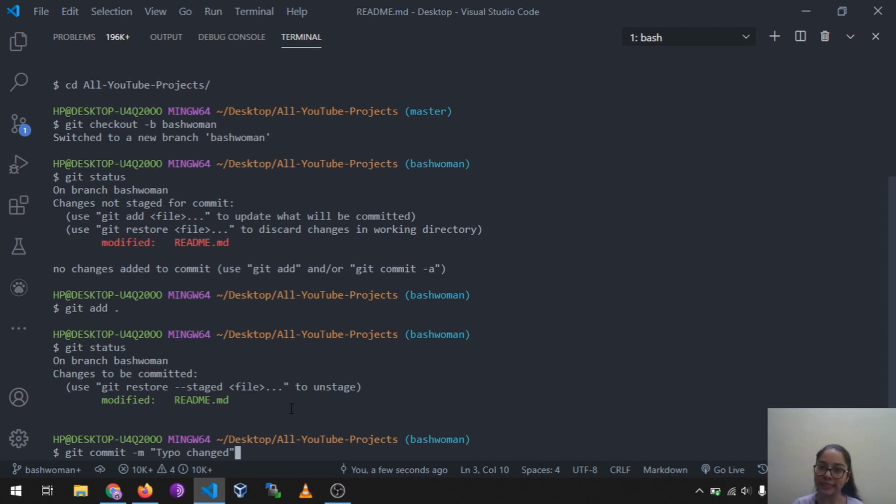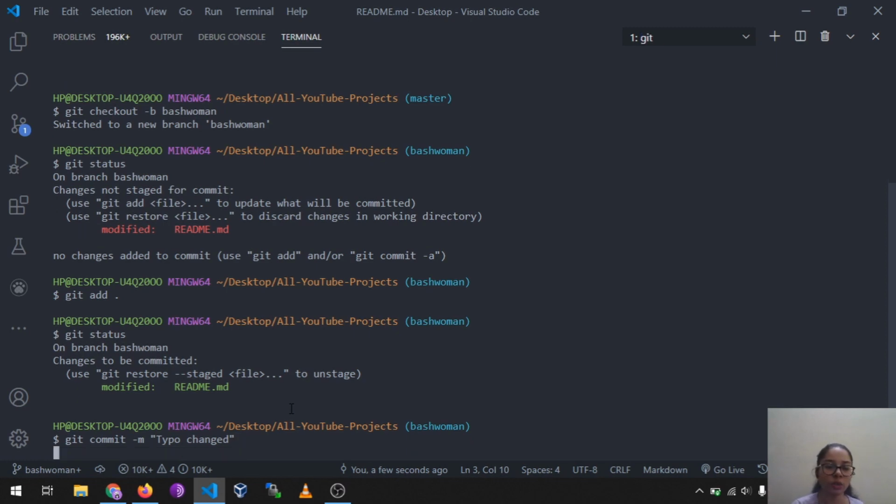If you are working on a team of 5 people and changing something every single hour, they need to know what changes you made. Without going through the code, they can just see the commit message. So for this typo change, they can know the changes you have made by seeing the commit message itself. They don't need to go through the long code.